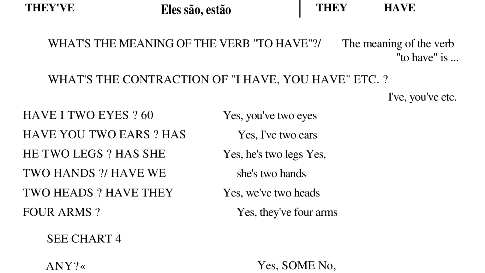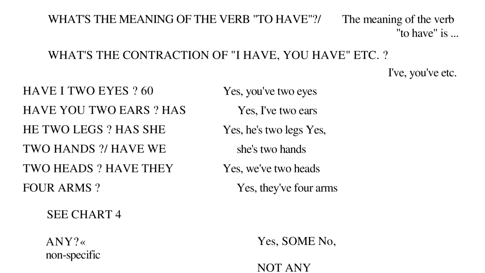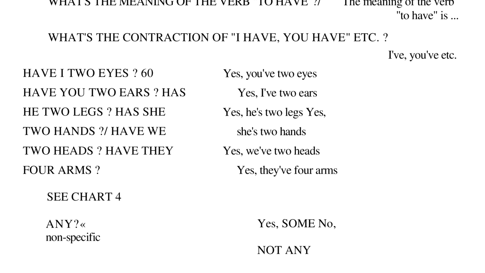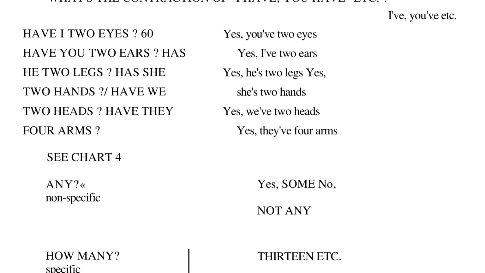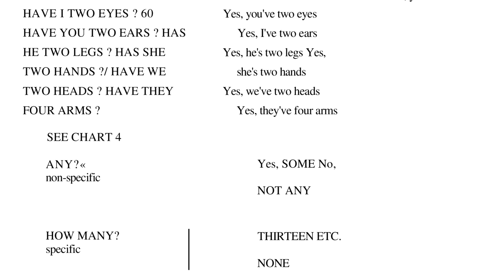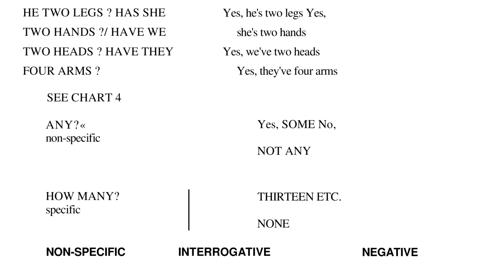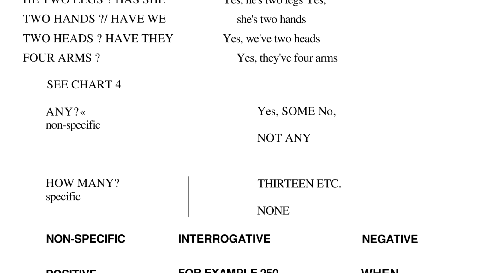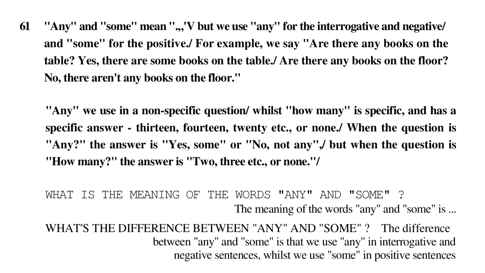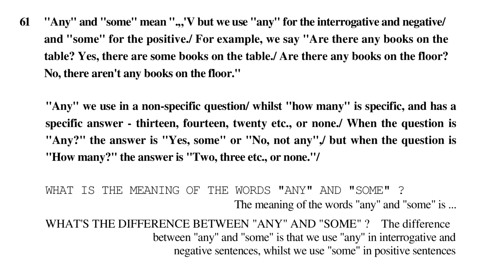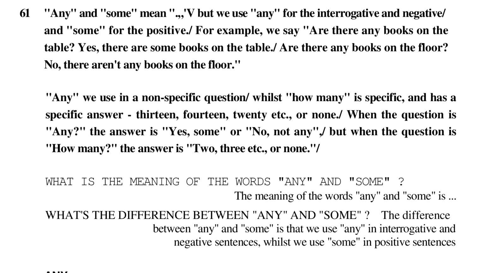Any, non-specific. Yes, some. No, not any. How many? Specific. 13, etc. None. Non-specific, interrogative, negative, positive. For example, any and some mean qualche, but we use any for the interrogative and negative, and some for